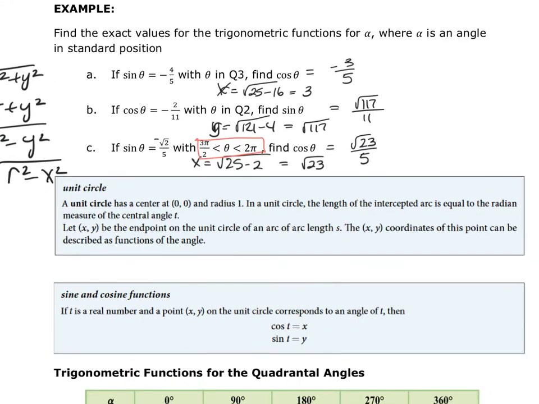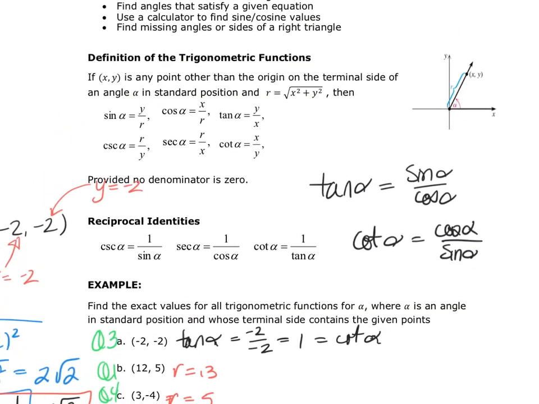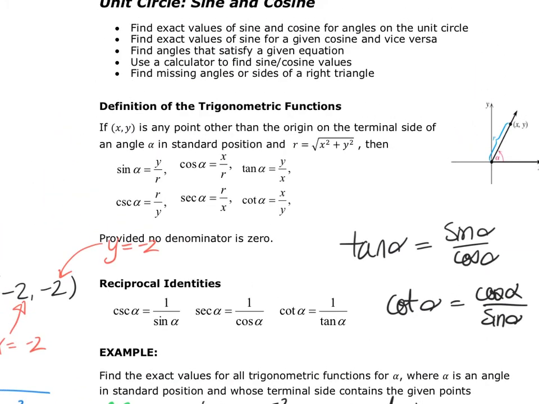Okay, we're going to spend some quality time, most of this, in the unit circle. The reason we like the unit circle is because when I do the cosine of my angle, it is the x value, and when I do the sine of my angle, it is the y value. The reason that is true is because all of these formulas up here were all based on my radius. If my radius happens to be 1,